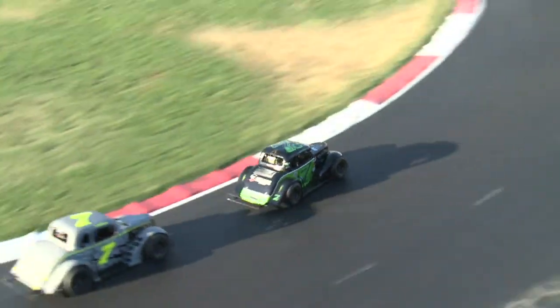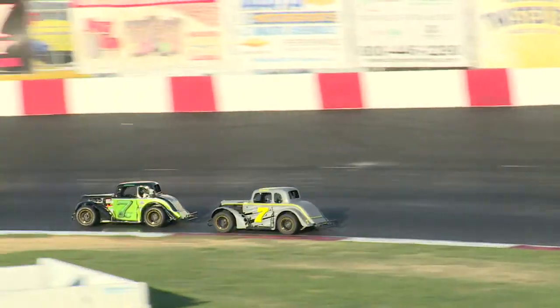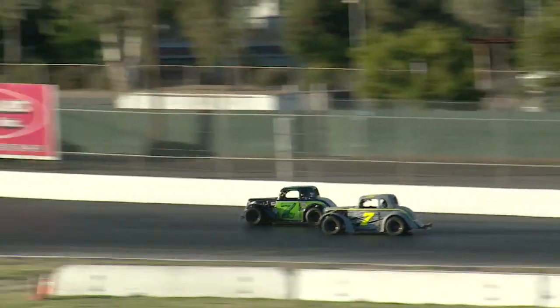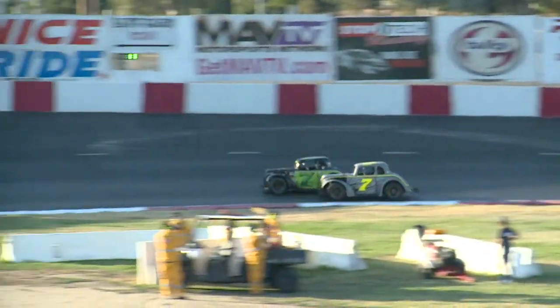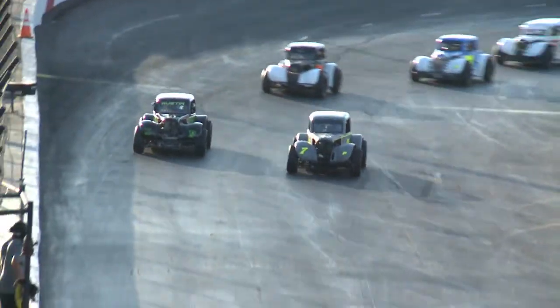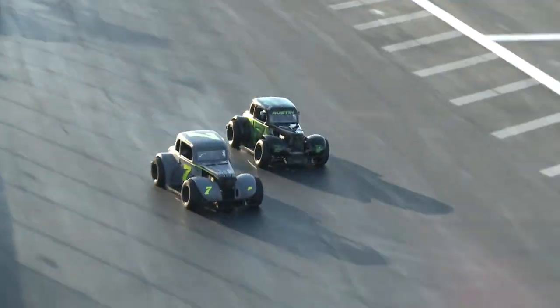Halen slides in behind Austin, gives him the old bumper off of turn 2. Cameron Austin able to pull away. And Cody Winchell gets around Eddie on the outside into third, and he's trying to bring Rosbarski in the 51 as well around Fast Eddie, but the battle's for the lead. Halen took a look,